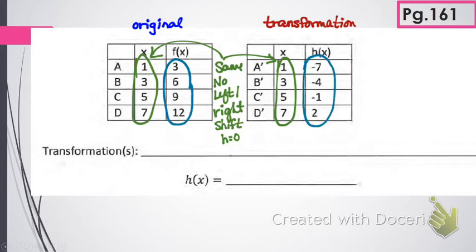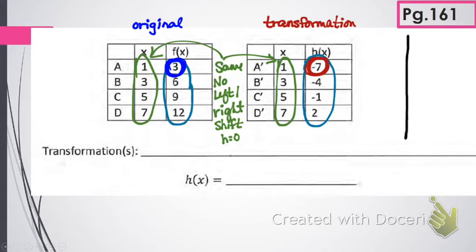So let's compare. Let's start with the top. This one starts off at 3. It's 10. When I look at the same spot over here, it's at -7. I'm hearing people say 10. Let's draw it out to verify, okay? Am I going up, down, or left, right with this? Up or down, right? Because it's my y